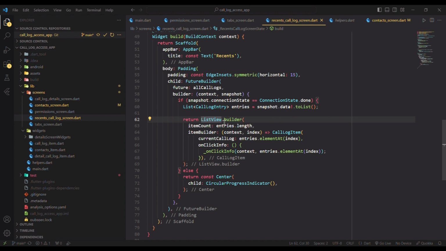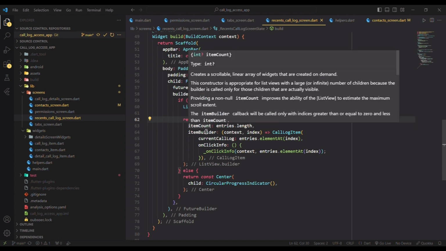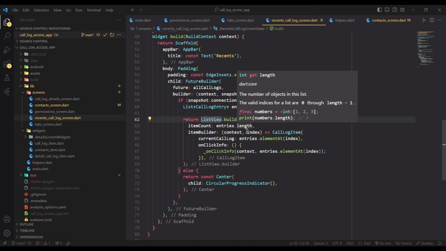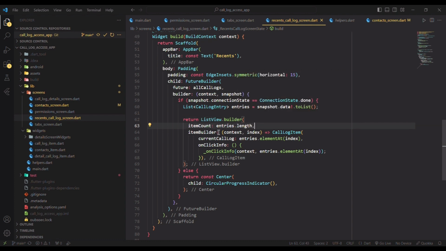And what I returned is a ListView.builder. Basically we use ListView.builder when we don't know how many items we are going to display, when we don't know the item count. Here I mention the item count as entries.length. Whatever entries we get, the call log data, this takes care of all of that. And the next is itemBuilder, where we are going to return a